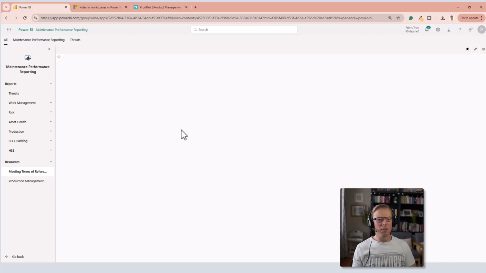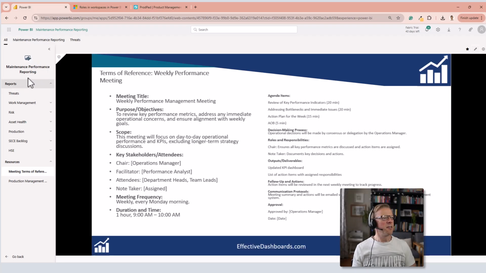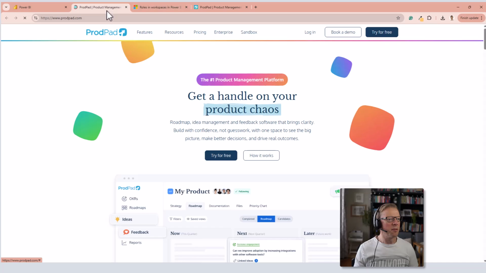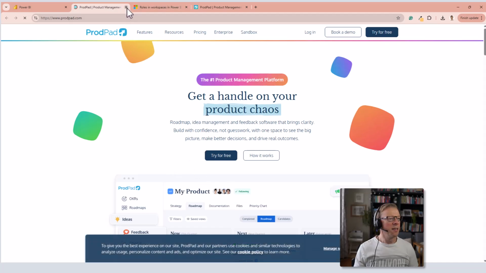So really useful to guide you through the meeting. This setup here, this scenario here, is that I've basically created one of these for each of the different meetings that we've got. Okay, so here's the terms of reference here, and if we click on here, that's going to open up a new report. Now I just chose a link off of Google there, but this is going to open it up,